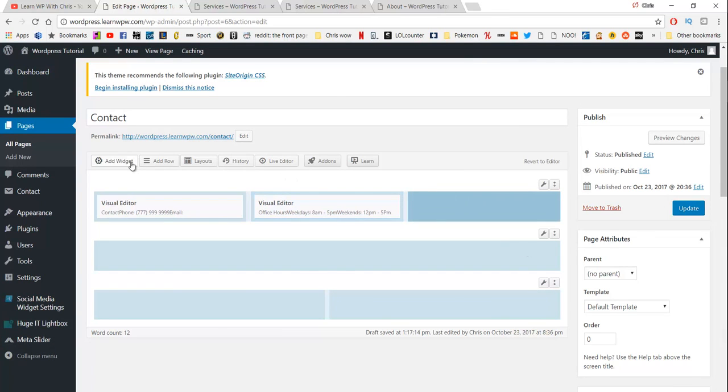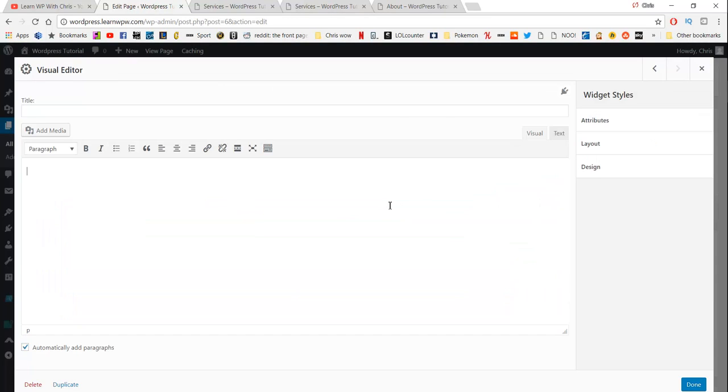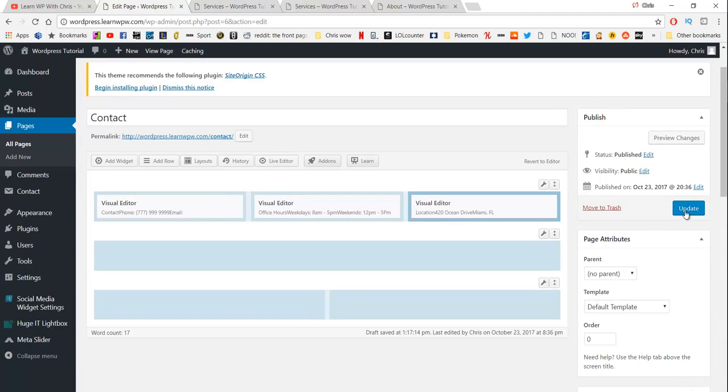And then want to click on this third box, add widget, visual editor again, click on edit. And here we are going to write location. And just a normal enter there, and we'll write in any old address, let's say 420 Ocean Drive. And then if we hit Shift Enter just for a small one, and we can type in Miami, FL, Florida. And of course, like we did before, what we're going to do is highlight all of that, center it, and then highlight location, change that to a heading 1, and then we're going to hit done. So now if we hit update,